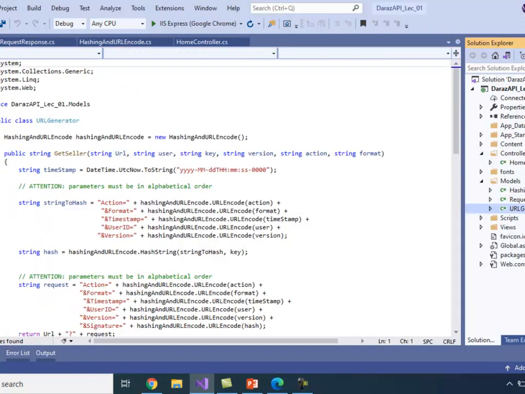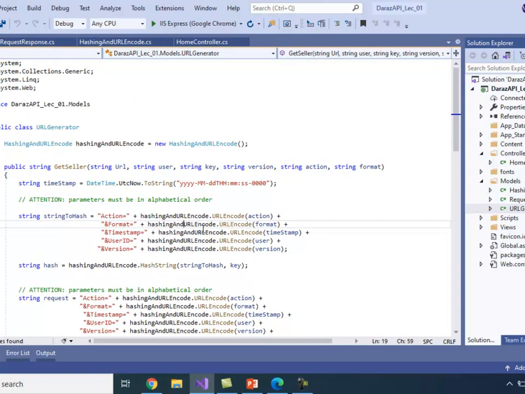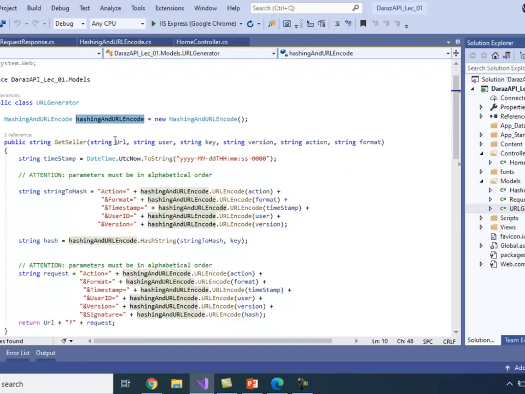The other class is very important. In this section I have passed all the things like URL, user, key, version, action, and the format. These are all the parameters we should supply before calling. One thing you should remember is that all the parameters should be in alphabetical order.